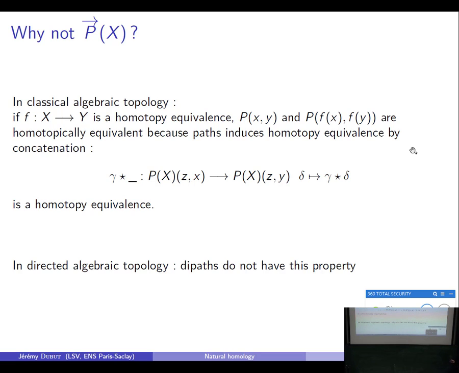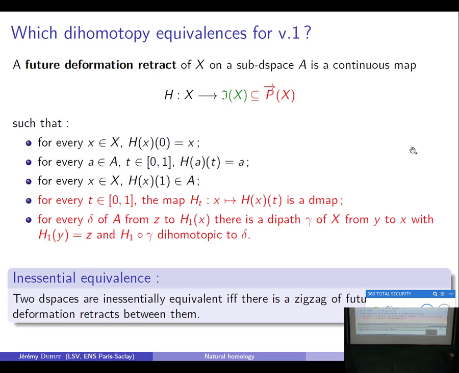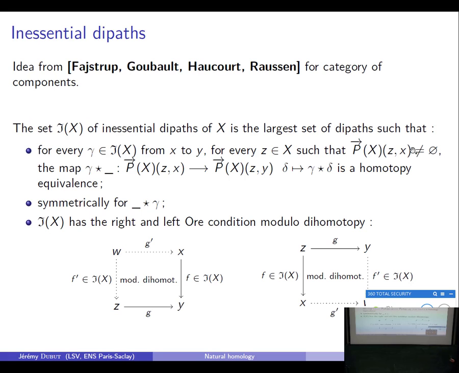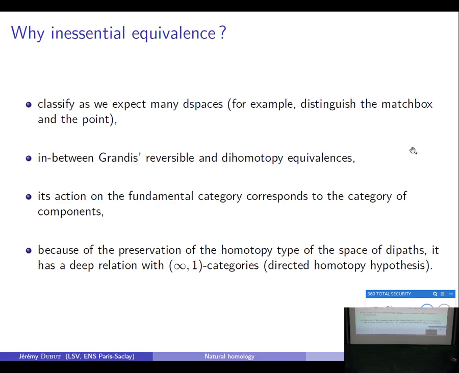So we have to do a bit better, and instead of using a space of dipaths, we use a space of paths that do induce homotopy equivalence by concatenation, which I call inessential dipaths. So it's the largest class of dipaths that induces homotopy equivalence by concatenation, plus some more axioms that I can justify, but well, whatever. And I can justify my notion of dihomotopy equivalence,